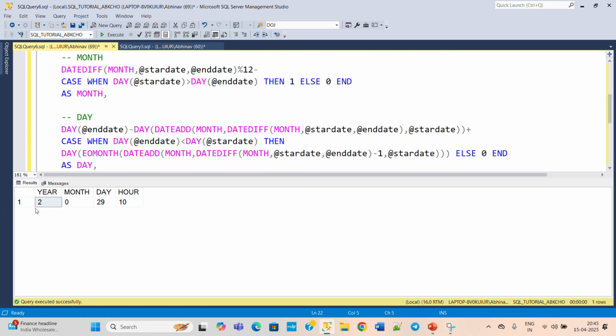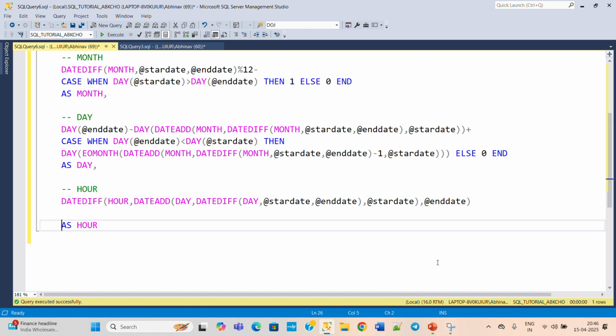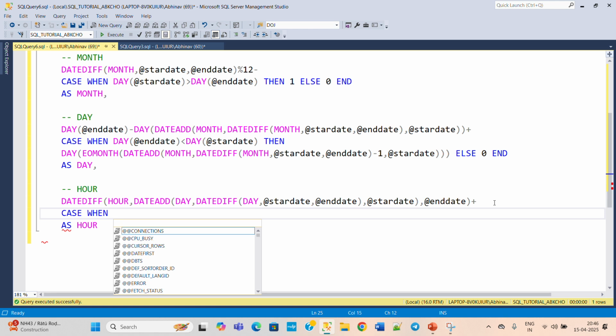So we are getting the exact result, like 2 years 0 months, 29 days and 10 hours. There is a possibility that the hour of the start date is greater than the hour of the end date. For handling that, similarly we need to add the same case statement here also. Then we need to add up 24 hours in the end date, and from that we will subtract the hour part of the start date. So write a case statement, case when the hour part of